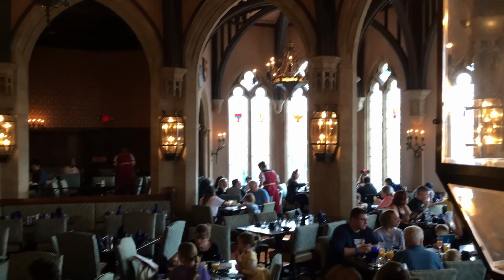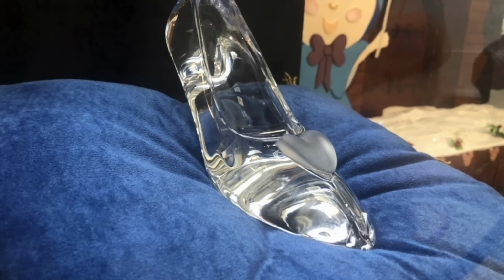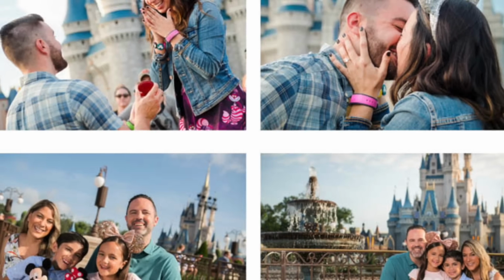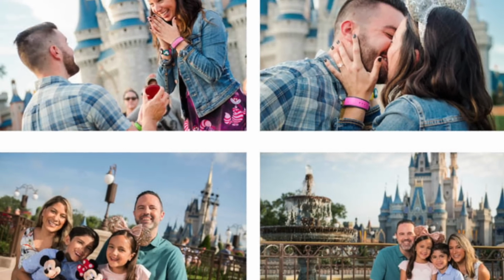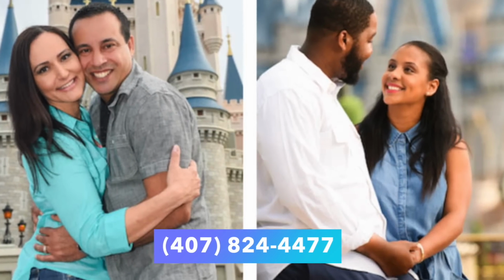This enchanting extra comes with a glass slipper holding the engagement ring, presented on a bed of rose petals and followed by signature desserts and a special toast to mark the special occasion. A Disney PhotoPass photographer will also be on the scene to capture the moment and the memories. To make arrangements, call